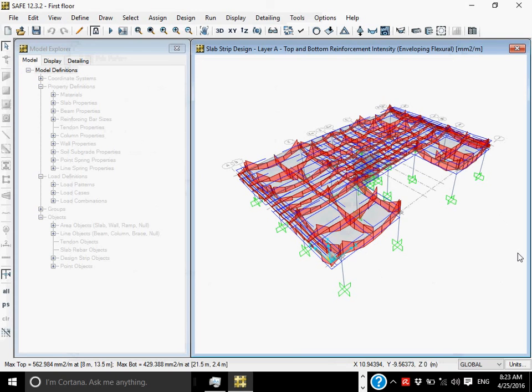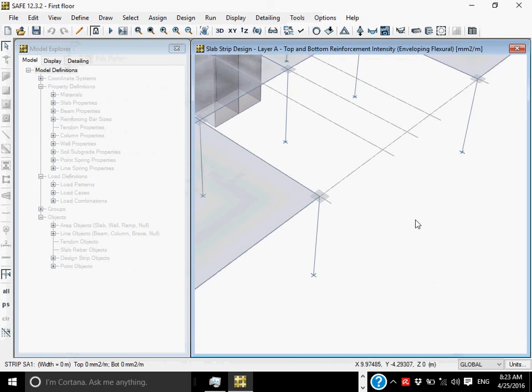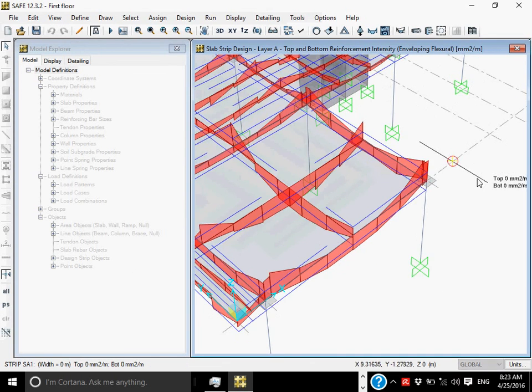close. So now in every strip you can see the design reinforcement. Here the required bottom steel is 300 millimeter square per meter.